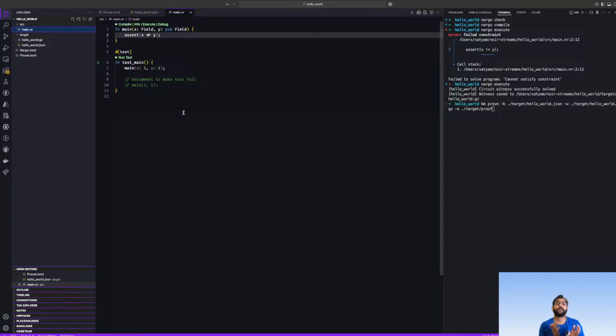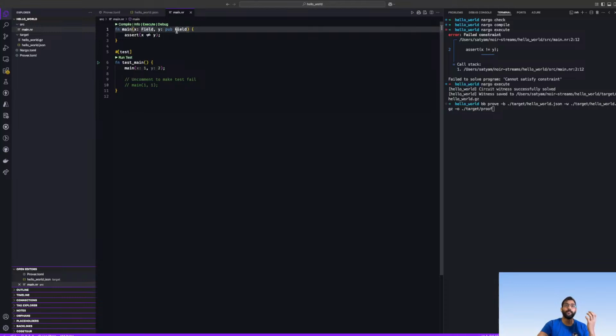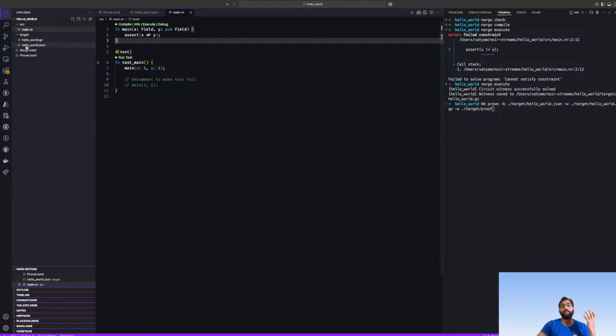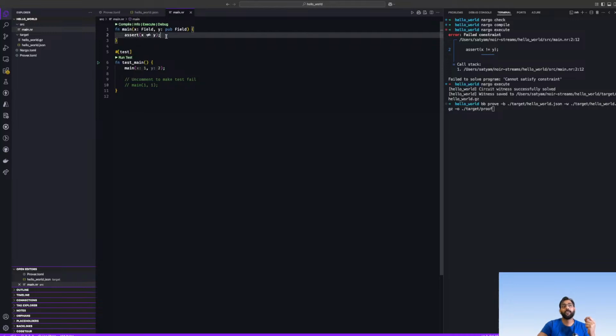You can consider the circuit as a sort of black box that takes a specific type of input, a private input and a public input. With this circuit, we can take our input and generate a short proof that all of the constraints have passed for my particular inputs. This is what I understand.